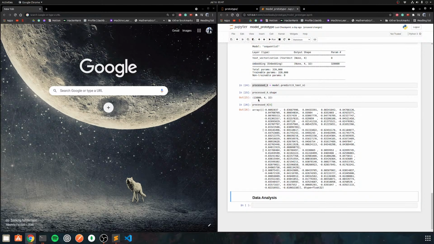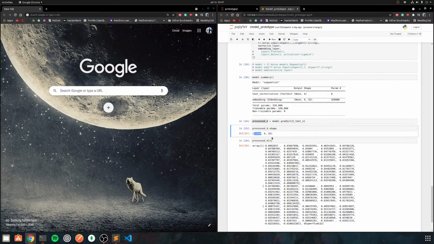There we go. Okay, so the shape is 15,000 by 4 by 32. So this is the number of rows. This should be the number of